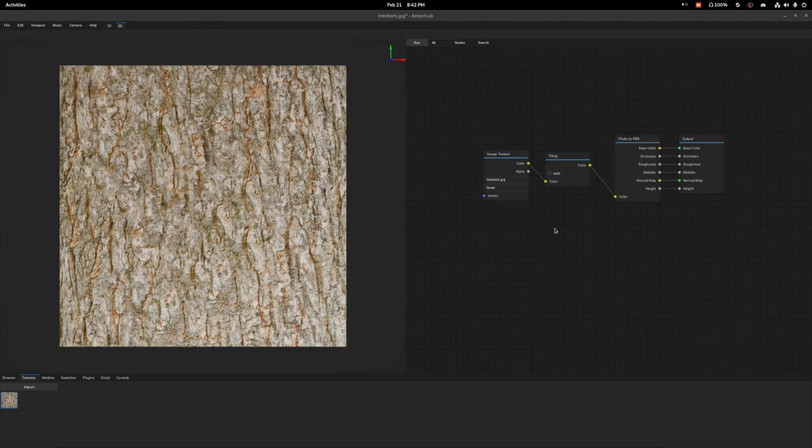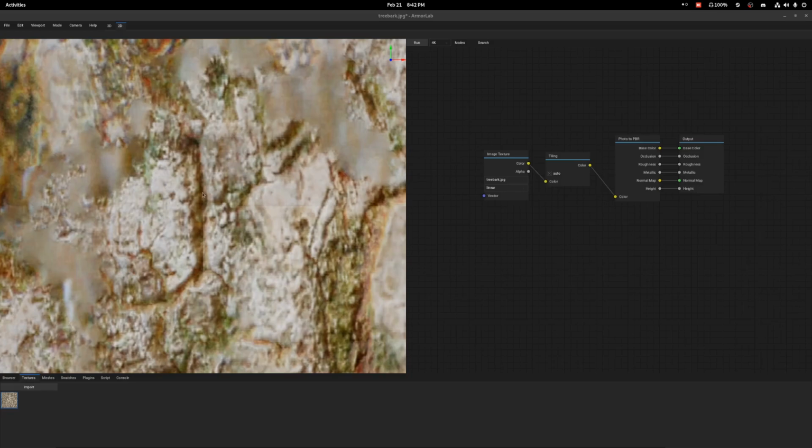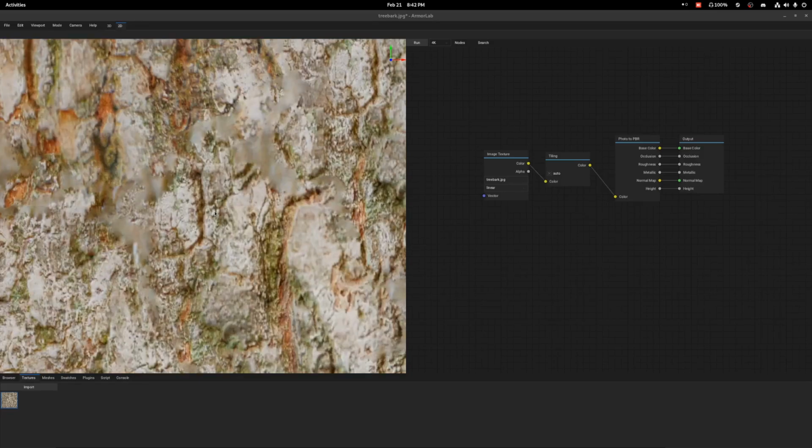Alright, and we're back. So that took a couple minutes, I'd say maybe 5. And you can see we've got our fully tileable material here now. So I'm going to zoom in a little bit on the middle. You can see here that there is some artifacting, because